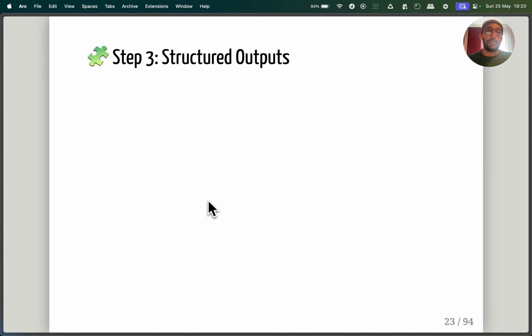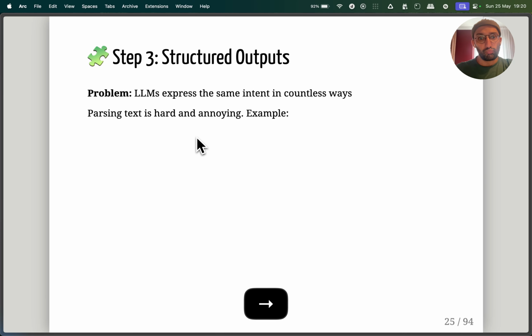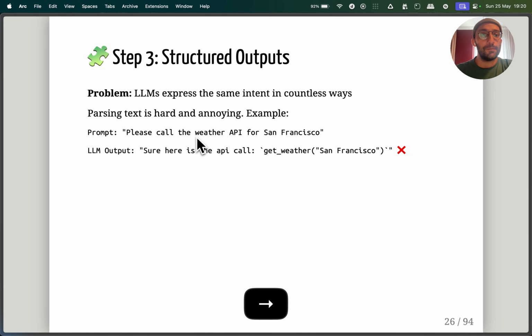So the idea here is that we're enforcing a structure for the output that we get from the model, okay? The problem was that LLMs express intent in a bunch of ways, right? And handling strings is tough. Parsing text is hard, it's annoying, a lot of weird things can happen.